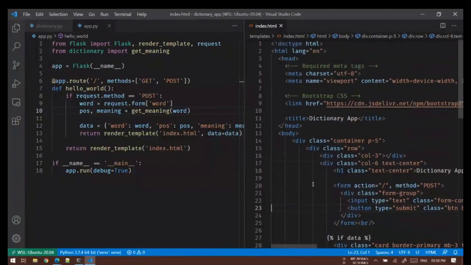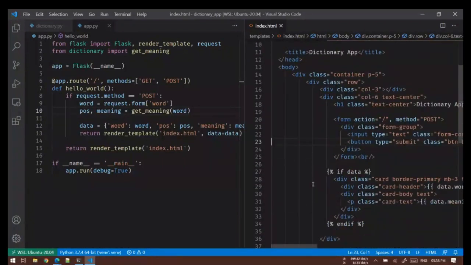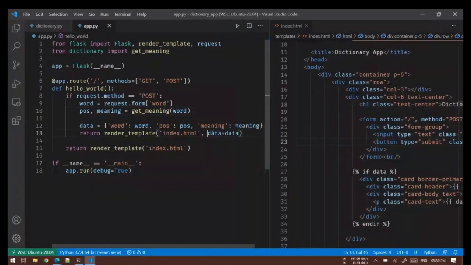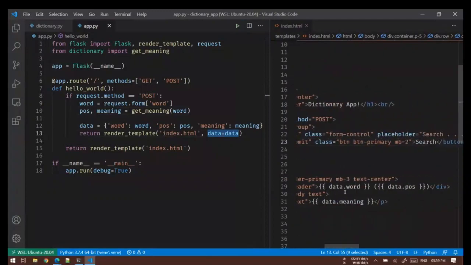Okay. So the two most important things that you need to understand when working with Flask are how do you take input from the front end and how do you pass data from backend to the front end. Now, passing data from backend to front end is pretty easy. All you have to do is pass your data as arguments, and then you have to make placeholders for that data. You have to decide places where that data will be displayed or shown. We use double curly braces for that.